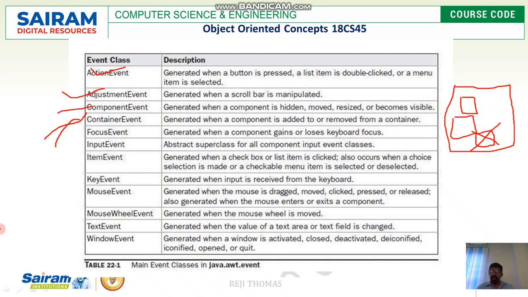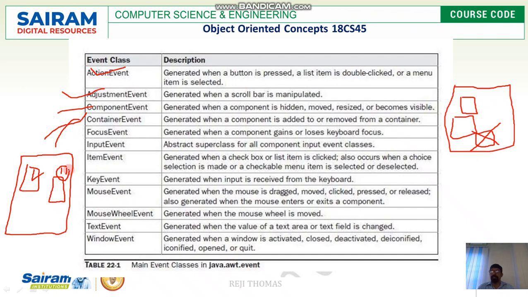Next one is the focus event. Think that this is a container and in this we have two components. This is generated when a component gains or loses its focus. Say I have selected this one and the second one lost its focus.